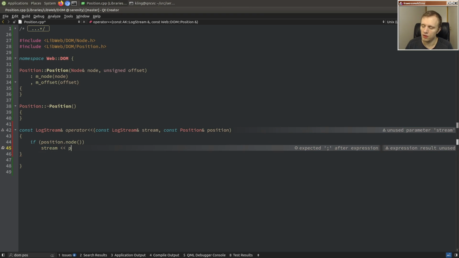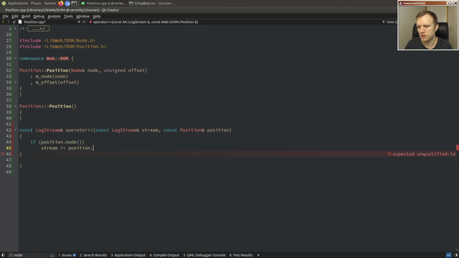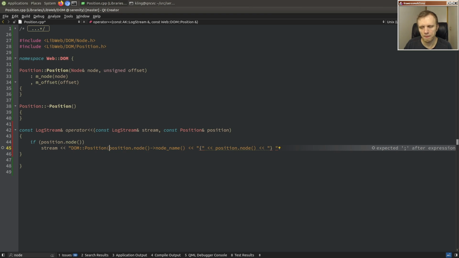Stream. Wait, does DOM node have an output helper? It doesn't. Okay, so we'll just do the tag name, I guess. Node, node name, maybe the pointer address. Let's see, DOM position. And then the position offset. Something like that. Else